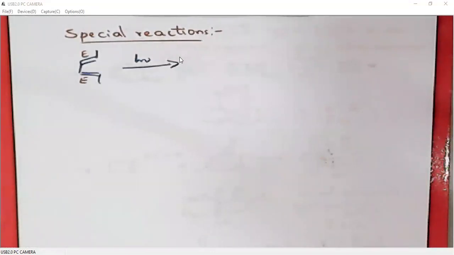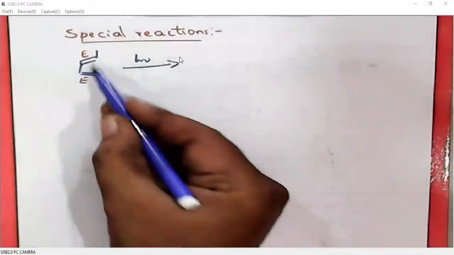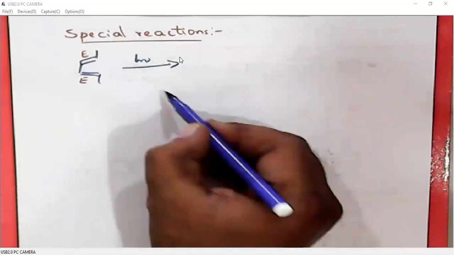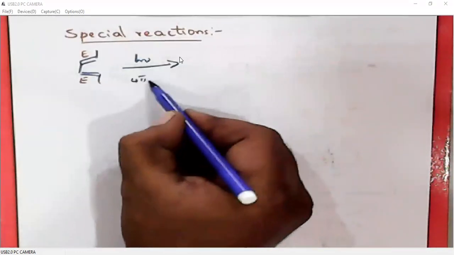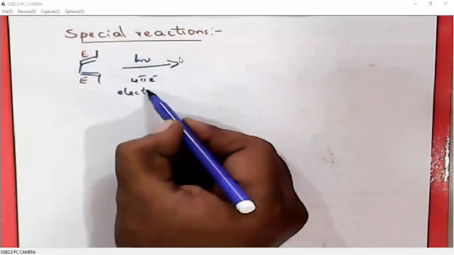When we discussed the Woodward-Hoffmann rules for electrocyclic reactions, I did tell you that the rotation is conrotation in the case of thermal conditions, and it is disrotation in the case of photochemical conditions. It is exactly reverse to the thermal conditions. So here, when we treat this under photochemical conditions, it will undergo a 4 pi electron electrocyclic